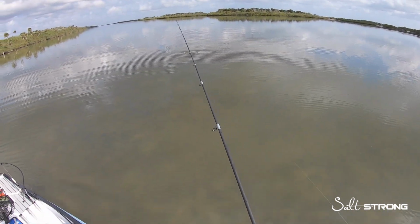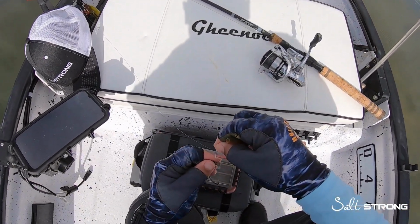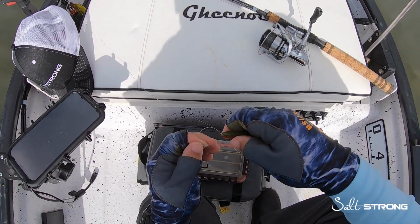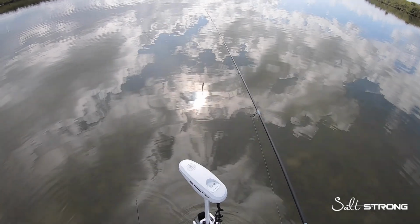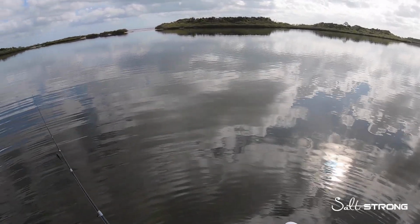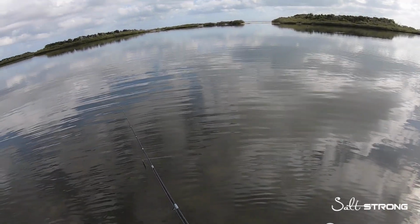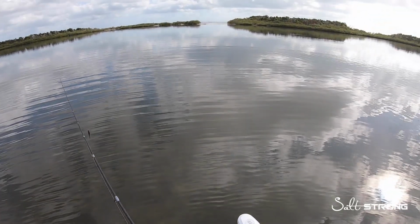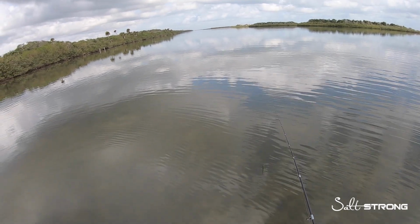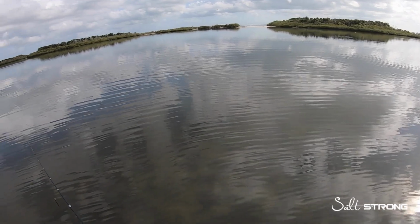Oh, I just got broken off on the Gulp Jerk Shad. Alright, got a new hook tied on. Putting another Gulp Jerk Shad on here. So my line broke there when I went to set the hook. And I want to blame it on not retying before I went on this trip. I usually retie everything before I go on any trip, but today for some reason didn't retie,